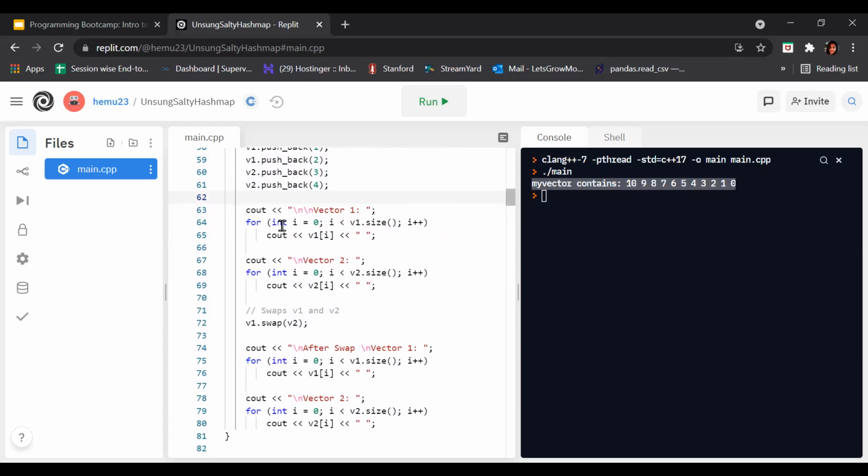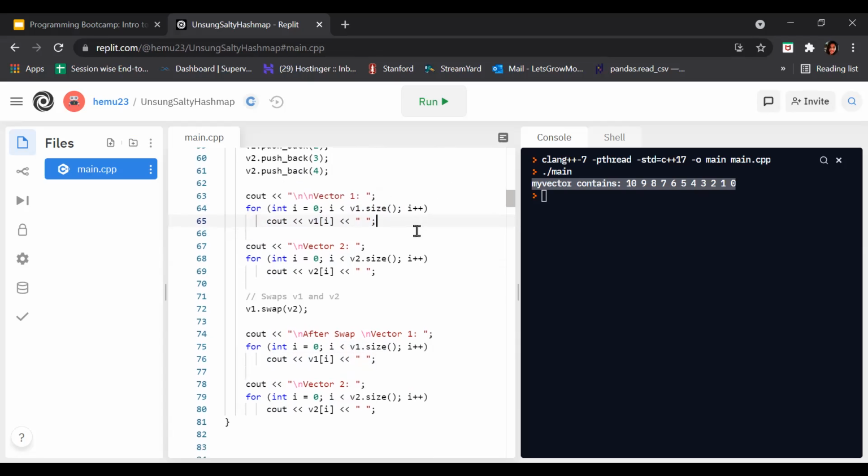After that we have a for loop, which has an initialization expression, test expression and update expression. The initialization expression is int i equals 0, which initializes an integer variable i to 0. After that we have a test expression, i less than v1 dot size, and if this comes true, the statement will run and then get updated by the update expression, which is i plus plus.